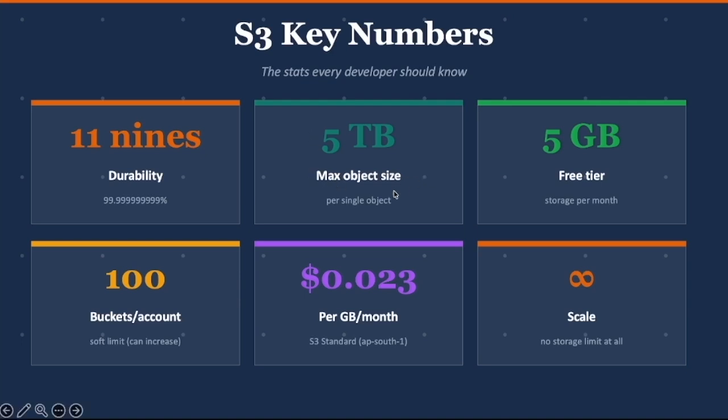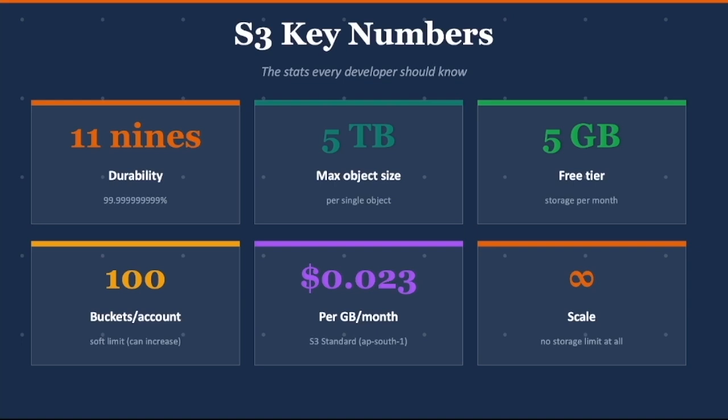Maximum object size: 5 terabytes. You can store a single file as large as 5 TB. Anything above 5 GB needs a special multipart upload, which we will cover in an upcoming session. Free tier: 5 GB per month plus 20,000 GET requests and 2,000 PUT requests. Enough to build and test everything in the series for free. And the cost is about 2 rupees per GB. You would pay roughly 200 rupees to store 100 GB for a full month. This is extraordinarily cheap for what you get. Write these down, they come up everywhere.